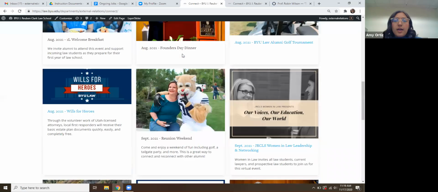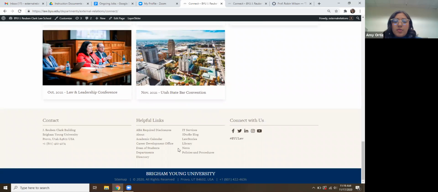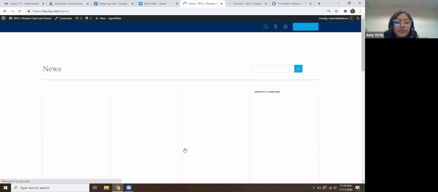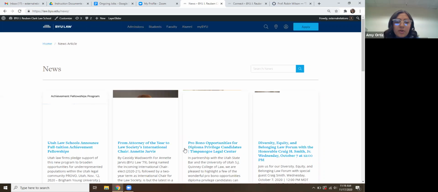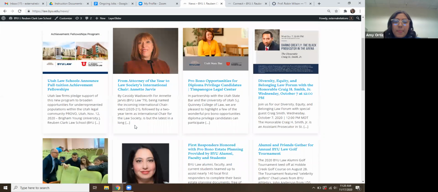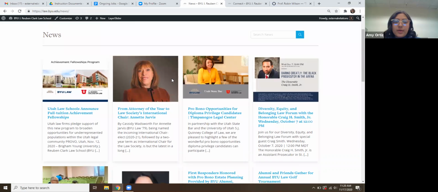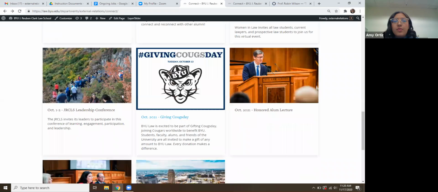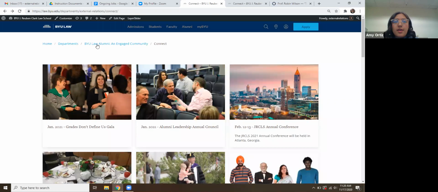So here on the alumni page, most of the articles are under news. And so when you post an article, it will show up here with the little card, and I'll show you how to select an image that will fit correctly on here. And then the other page where you will want to put the